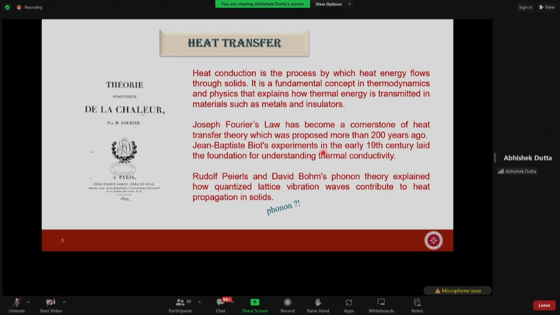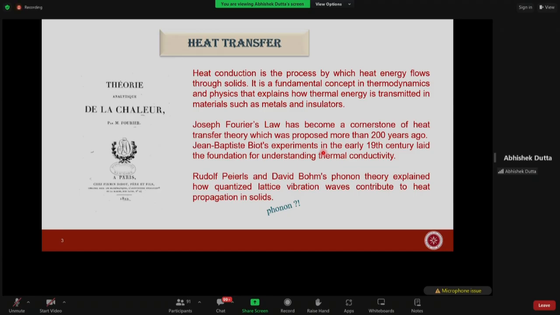So again, heat transfer is basically a physical problem, as one of you, Paritosh, also rightly mentioned. It's a physical problem, but it also has its basis in thermodynamics, and it basically explains how the thermal energy